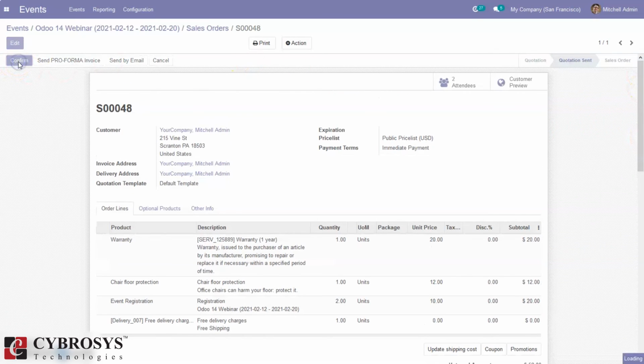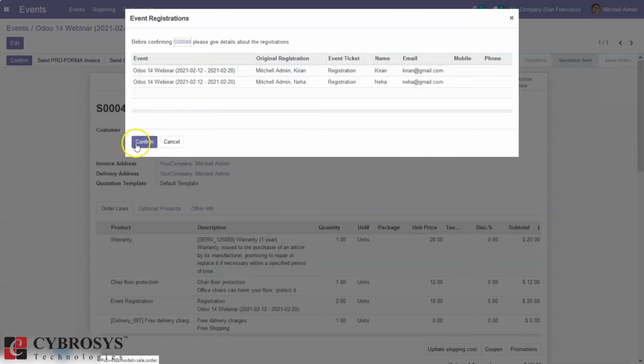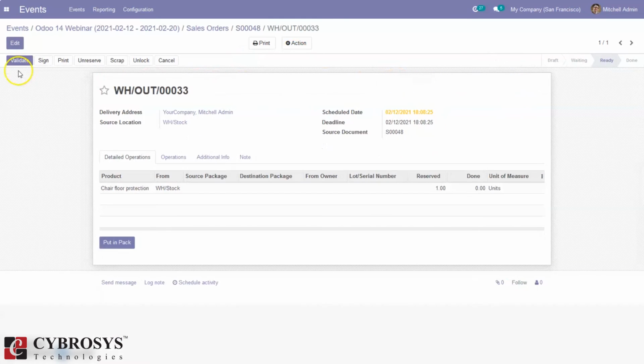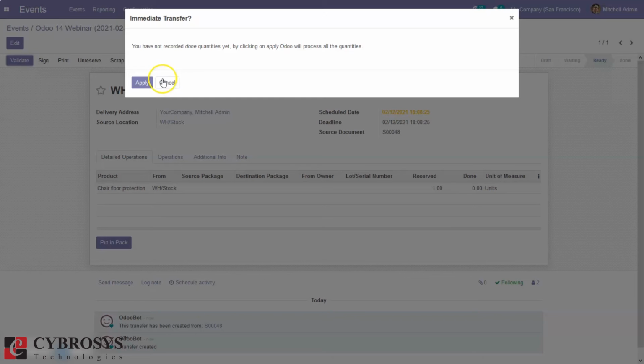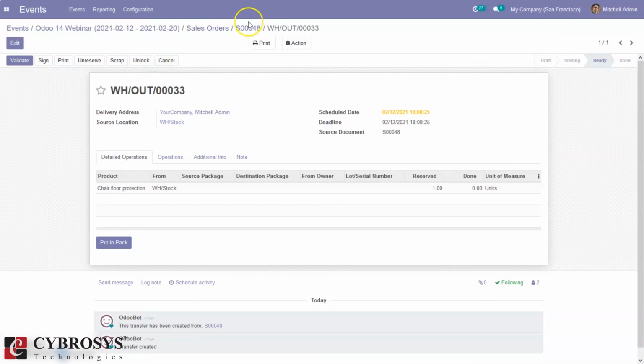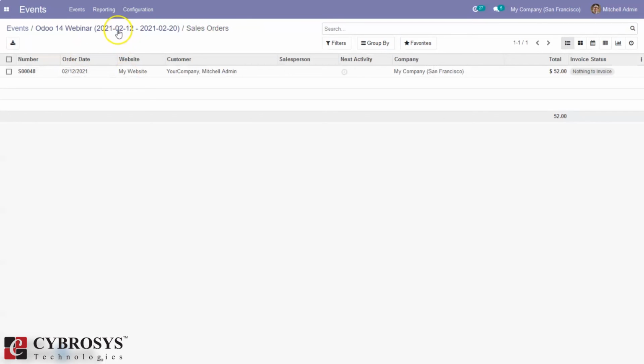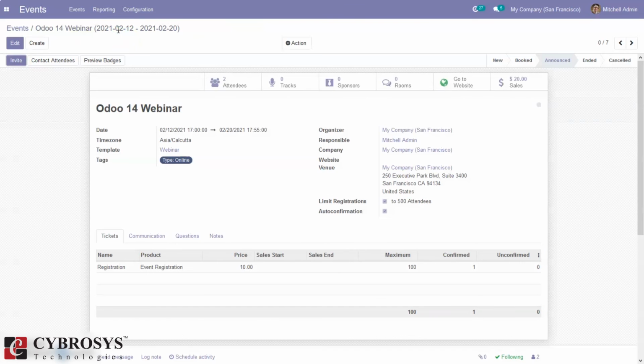So from here we can confirm this. And if the event is done, you can just move it to the ended state.